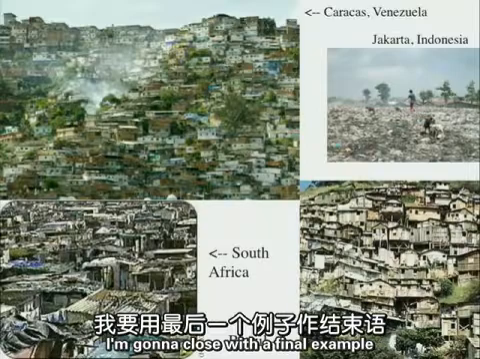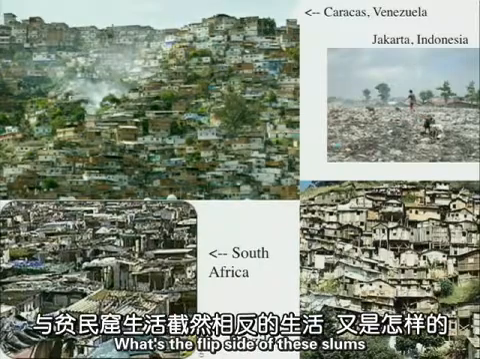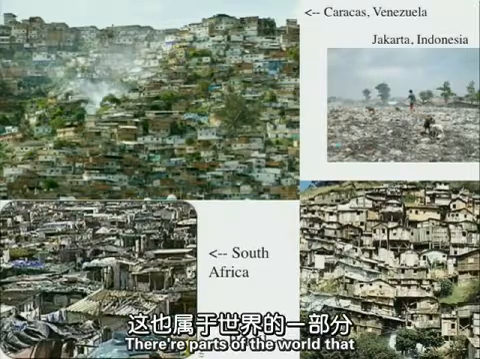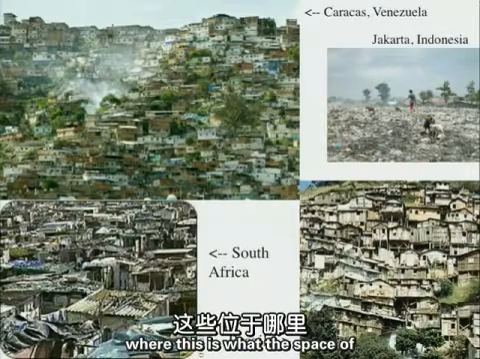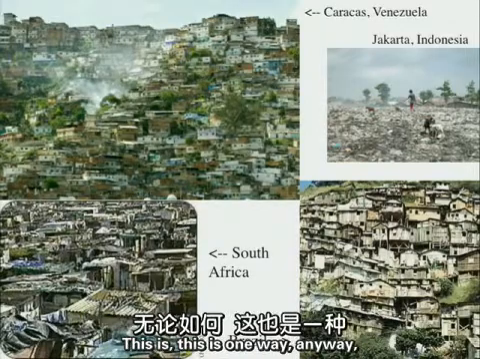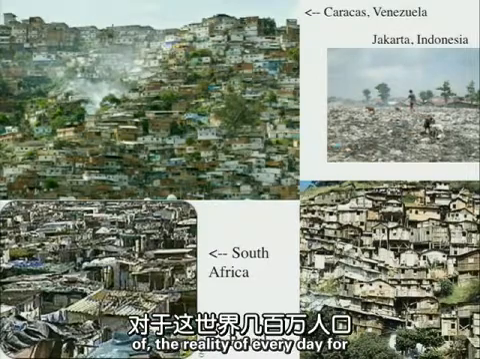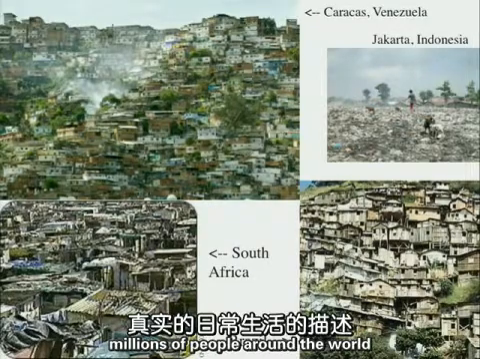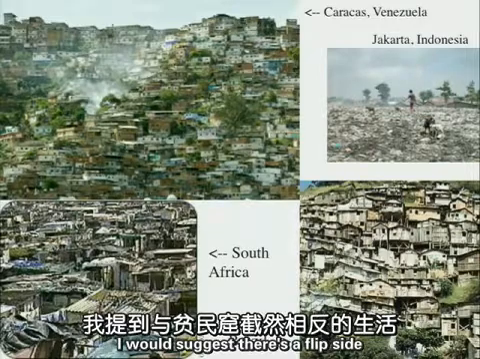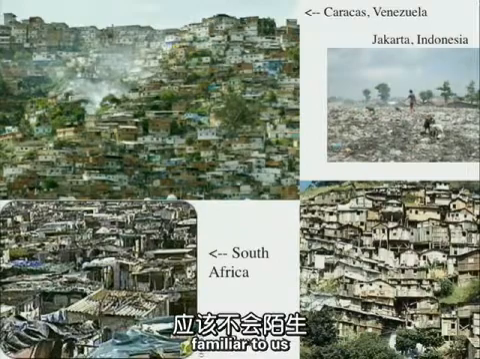I'm going to close with a final example and try to circle back. What's the flip side of these slums? There are parts of the world where this is what the space of those neighborhoods looks like. This is one way, anyway, of depicting the territoriality of the reality every day for millions of people around the world. I would suggest that there is a flip side to this, which is one much more familiar to us,